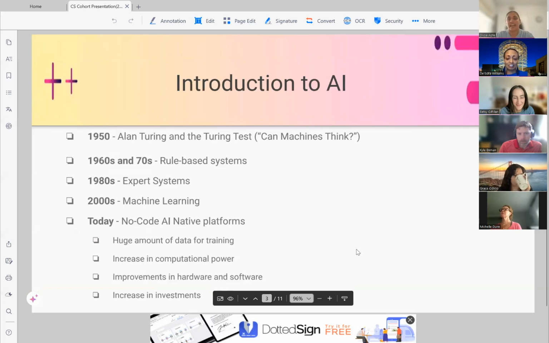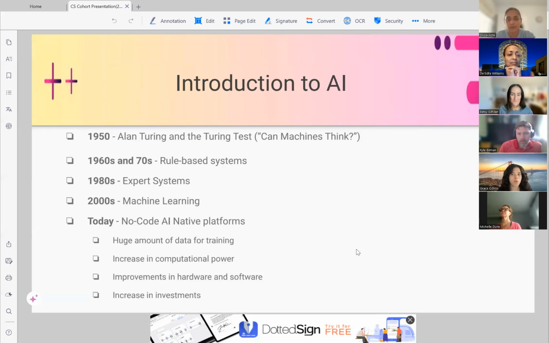Introduction to AI. Like I mentioned, in 1950, I don't know how many of you actually know about this guy called Alan Turing. I think we've all seen the film. Okay. Yeah. Plus I have a crush on Benedict Cumberbatch, but that's neither here nor there. For people not familiar with Alan Turing, he was this British scientist and mathematician from the 1950s.